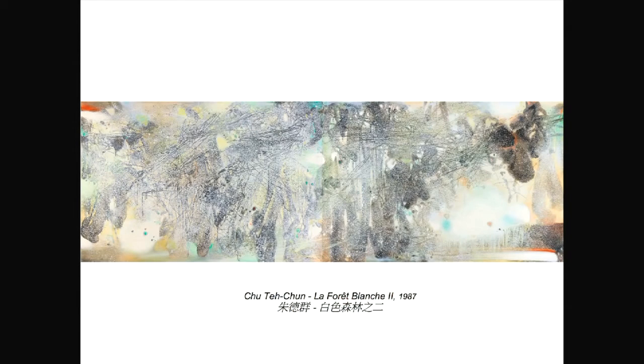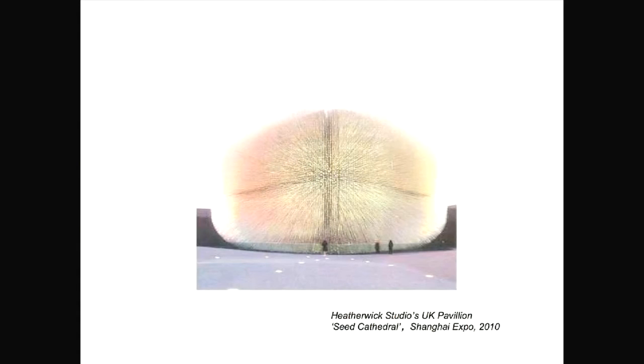So almost white and silver, treatment of snow in the forest by Zhu Da in a painting. Hederich's treatment of white. I don't know if he started wanting to show white, but it ended with white because he used transparent rods. And it just suggests really pristine, silvery white in his Seat Cathedral, which was exhibited at Shanghai Expo in 2010. Okay.